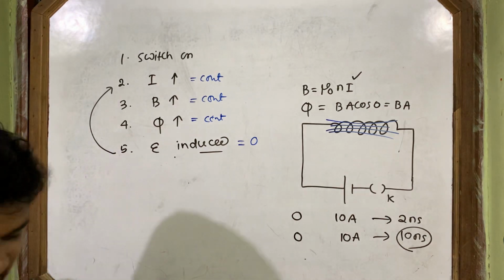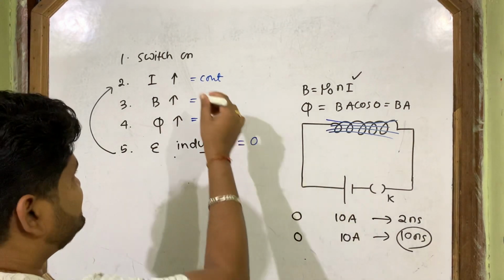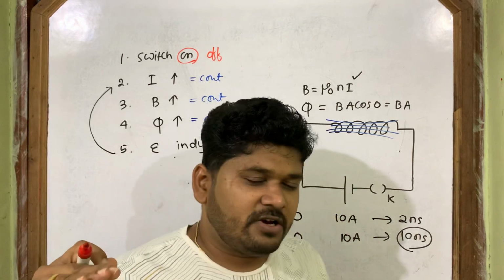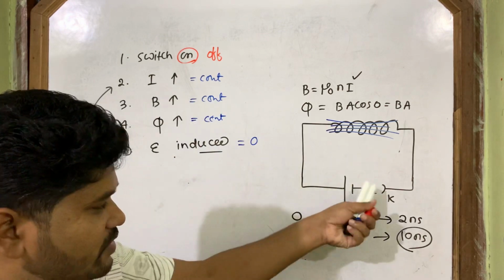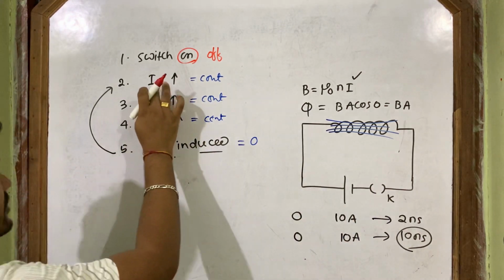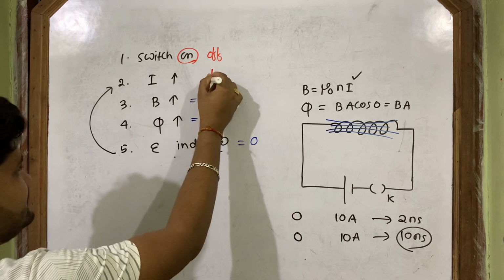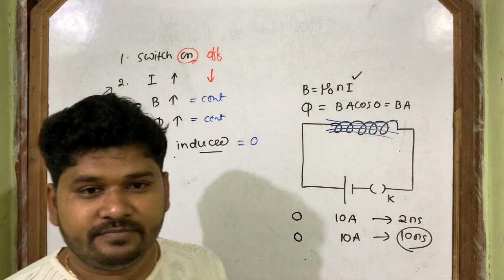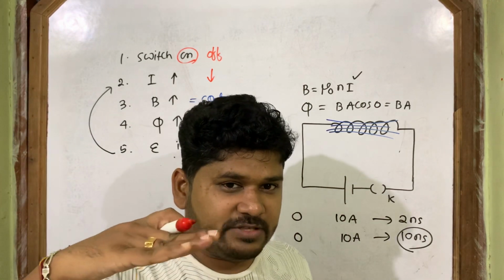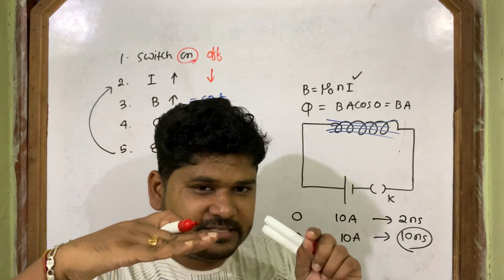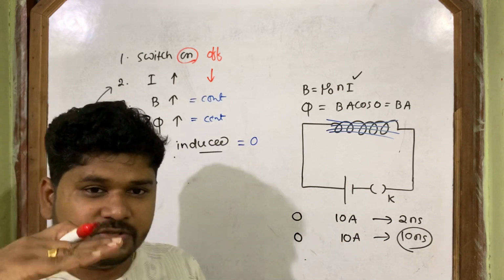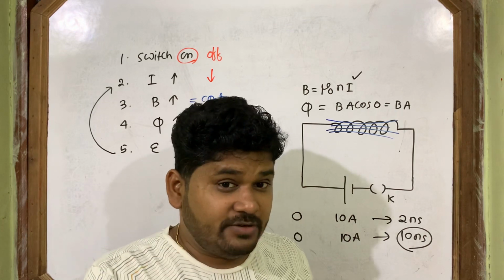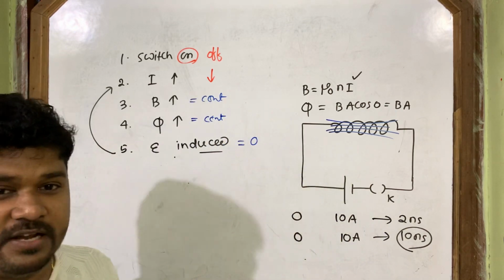Okay. So now let's see what happens when the switch is off. Suppose instead of on, now the switch is off. Constant current flows for some time, then you switch off. If the switch is off, what about the current? Current now decreases from 10 to 0. 10 ampere current is passing through the wire. When the switch is off, current takes some time to decrease from 10 to 0. Again that may be nanosecond, but we will discuss what physics is behind that nanosecond.